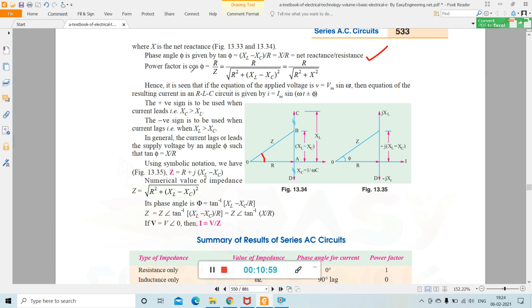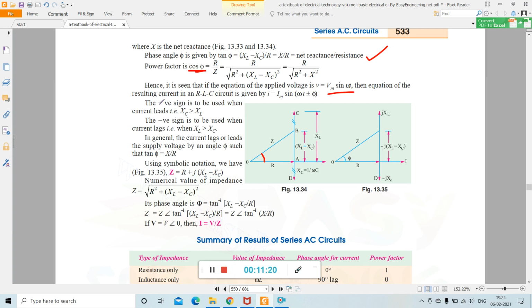And if we find out power factor, then this is cos phi. Power factor is the cos phi. Cos phi is equal to what? R by Z. That is R divided by square root of R square plus (XL minus XC) square. Or you can write R divided by square root of R square plus X square. So it is seen that if the equation of applied voltage is V equals Vm sin omega t,